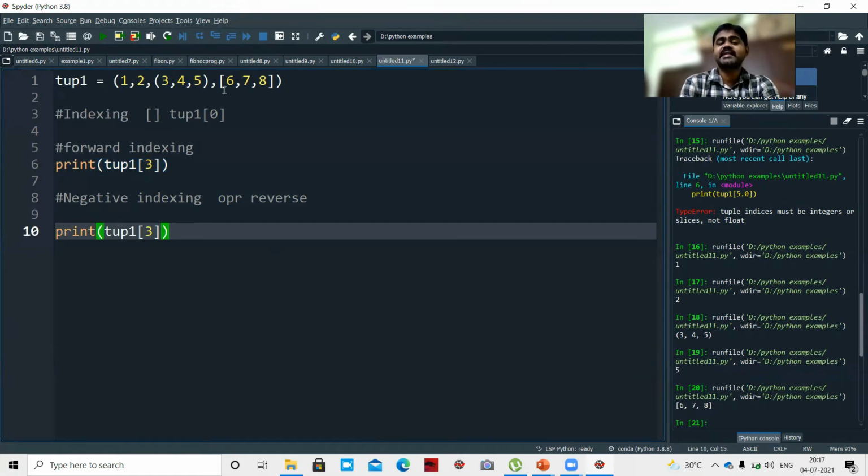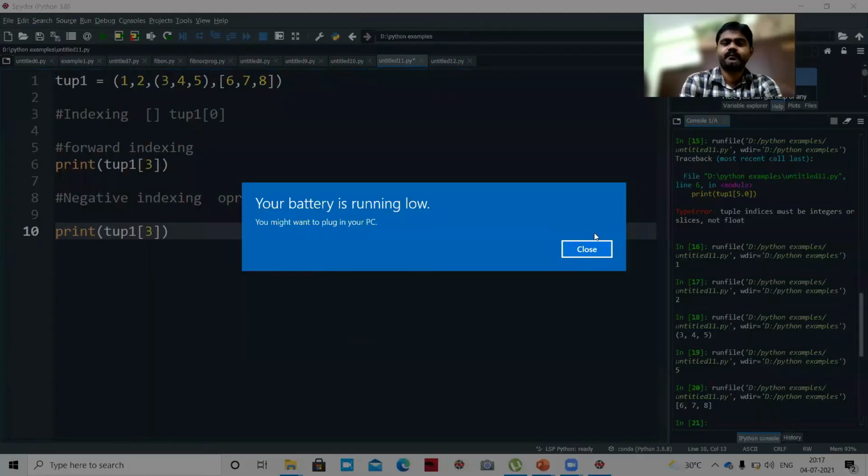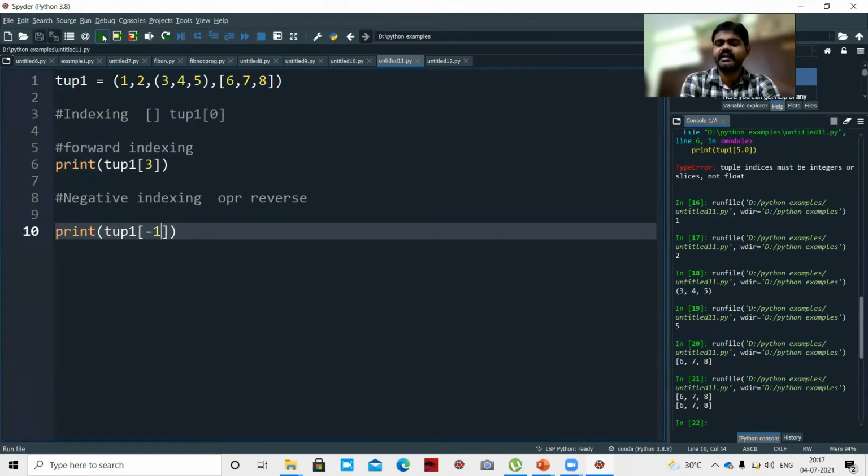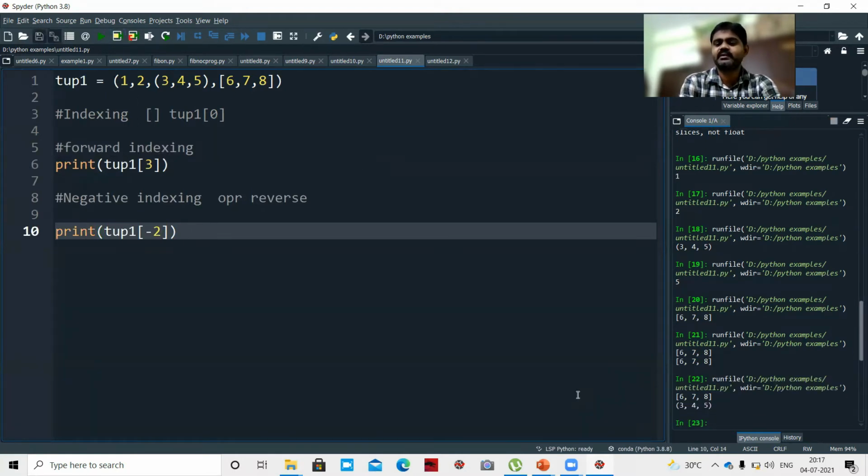To access the last element in reverse order, it becomes -1. 3, 4, 5 occupies -2, then 2 is -3, and 1 is -4. If I give -1 here, I get 6, 7, 8 again. If I give -2, I get 3, 4, 5. This is reverse indexing.